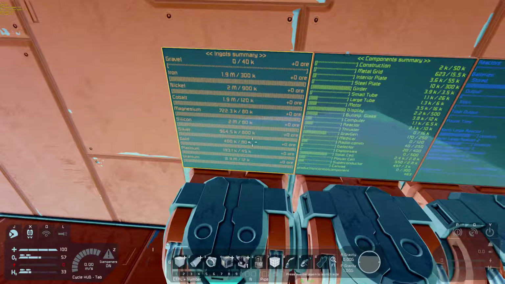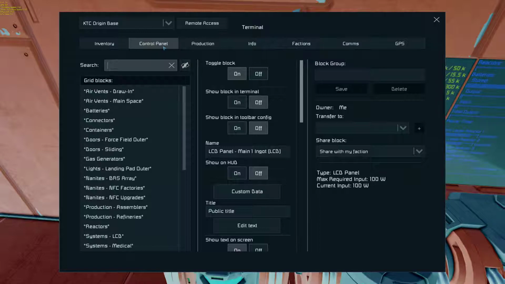So I pretty much got rid of all my gravel. So iron, nickel, cobalt, magnesium, silicon, obviously there's a whole lot in there. So one of the things that I do want to do, and let me go ahead and do it,